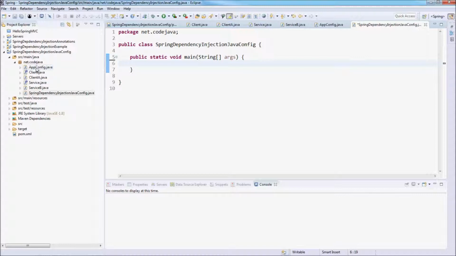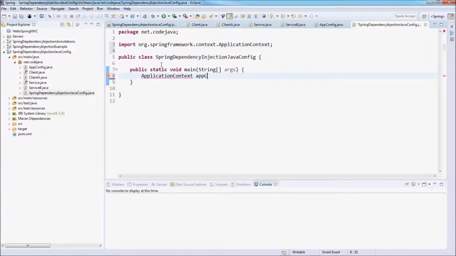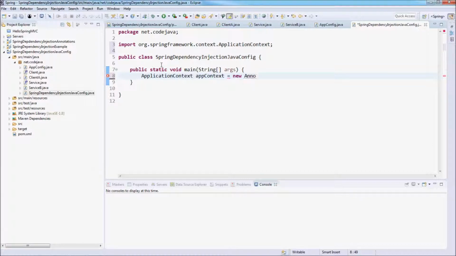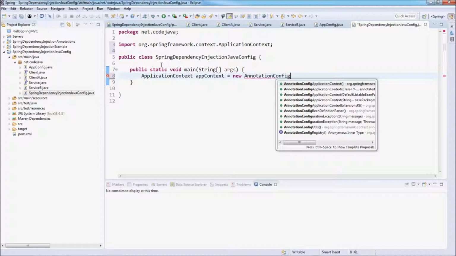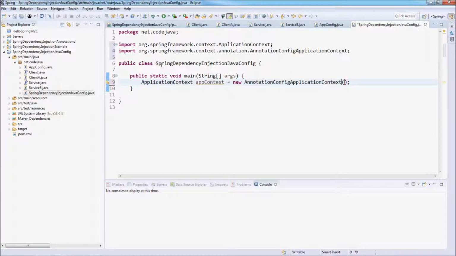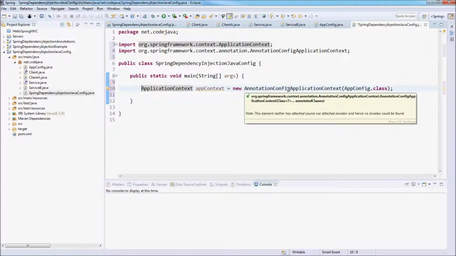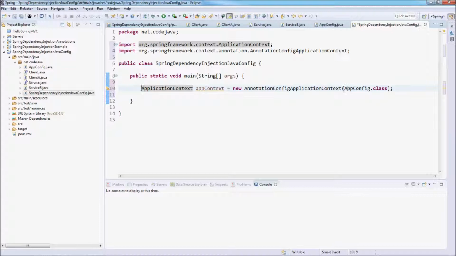To load the configuration class app config, here we need to create an instance of the application context. ApplicationContext context equals new. We need to create a new instance of AnnotationConfigApplicationContext and pass the configuration class in the constructor here, AppConfig class. You see, when Spring creates a new AnnotationConfigApplicationContext, it scans the app config class to detect the dependency configuration,